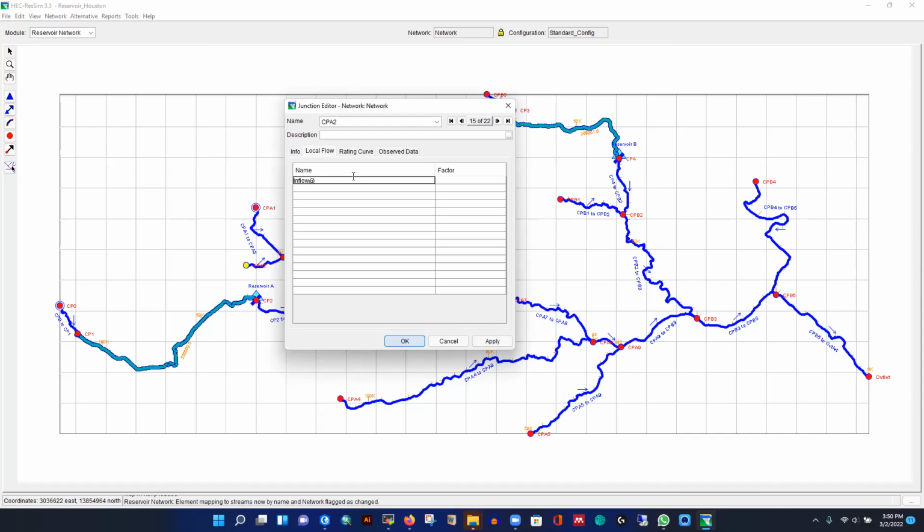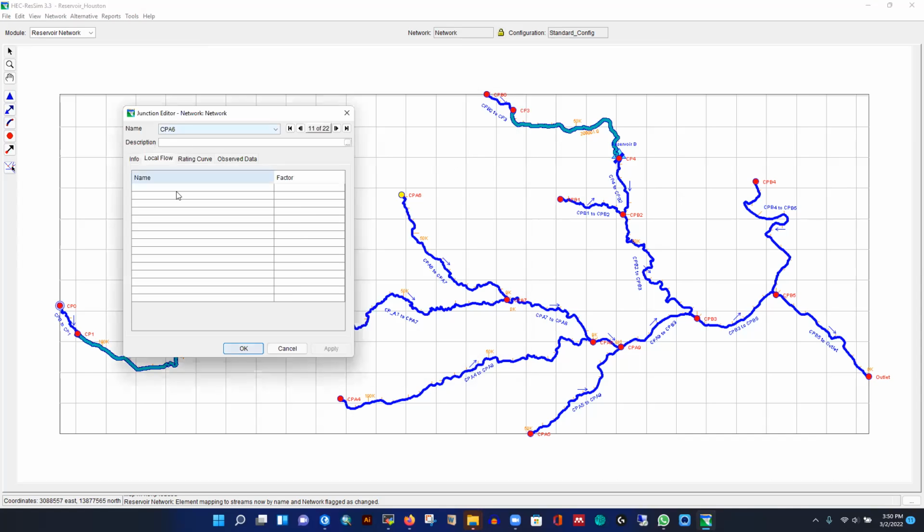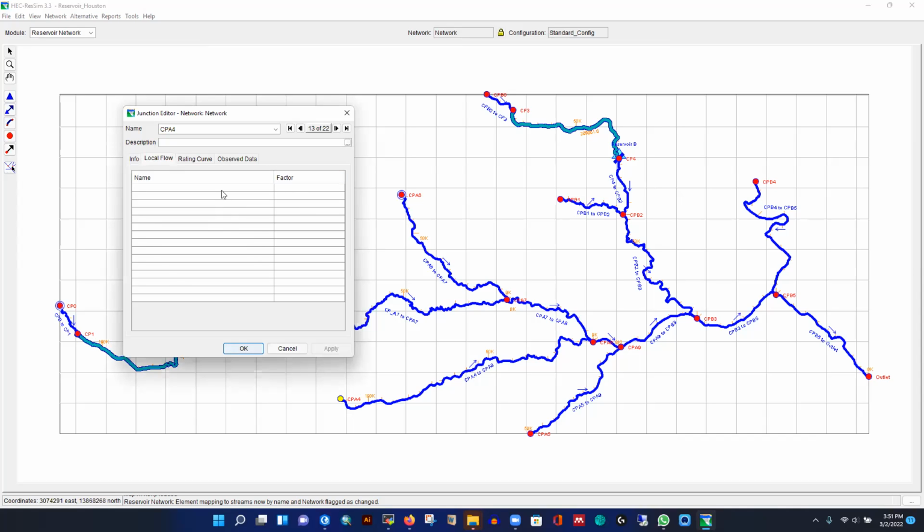So that is CPA2, and this factor is gonna be 0.4. So I'm done with adding this one. So for this case and for this case, add the same thing here, inflow at CPA6, and the factor will be 1, because whatever I'll add, it will add there, and this also will be the same thing, inflow